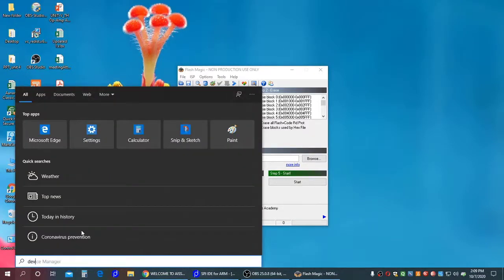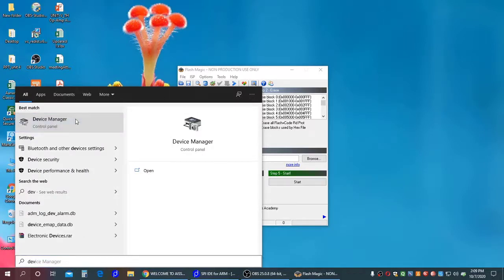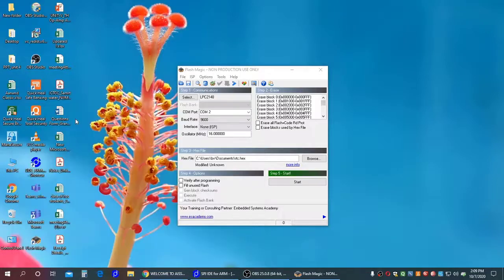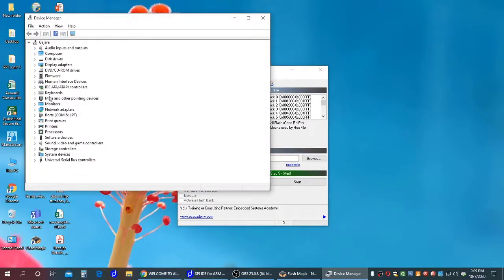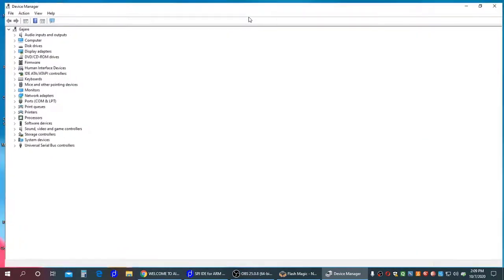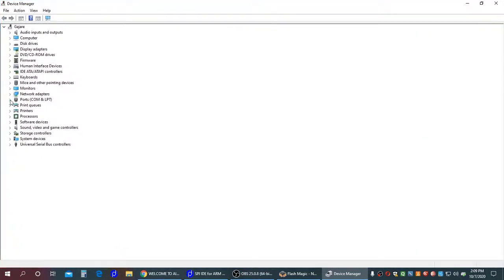So I will just type device manager in the search bar. Now once this device manager is opened, I will go to Ports and check. So this is our COM port 3, Silicon Labs CP210X USB to UART bridge.